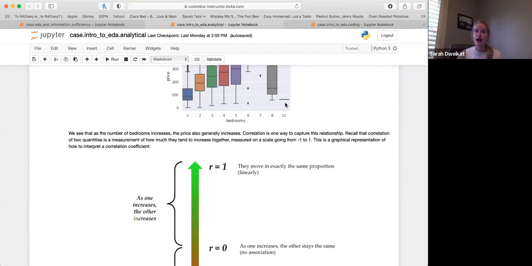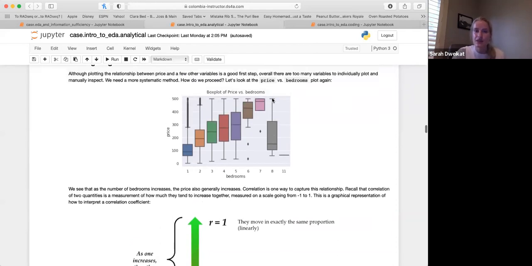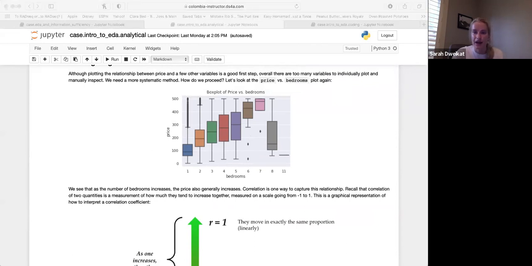It will likely still be an overall positive correlation, but probably a lower number because we don't have an exactly perfect positive correlation trend here. Some of these outlier points will skew our correlation a little bit, to make it not quite a super high number. We'll see that when we look at